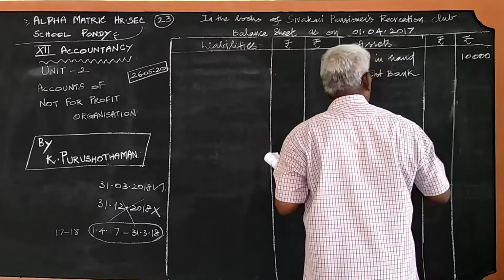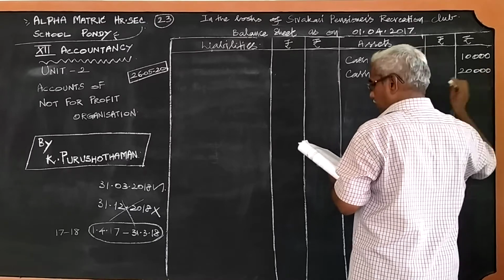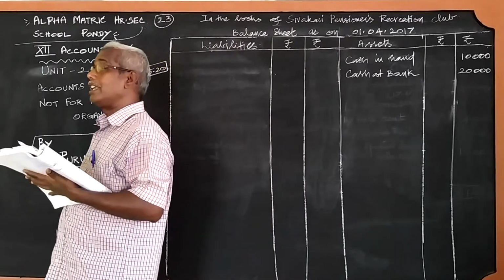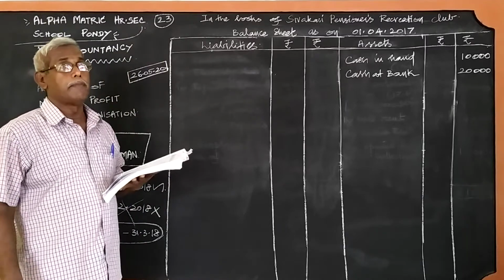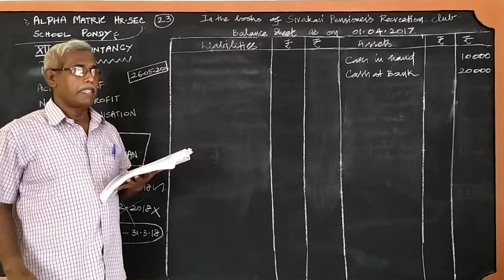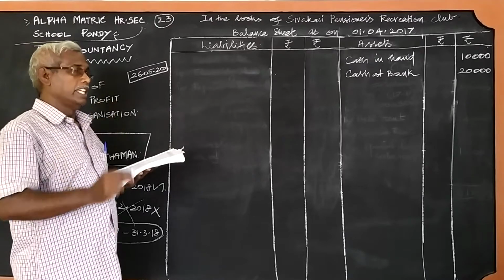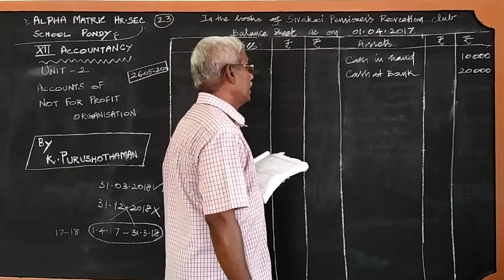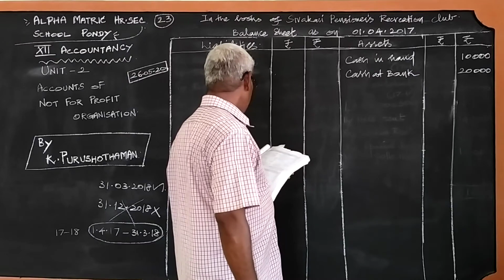Cash at bank, 20,000. Once again, I recall, the brought down is the opening balance and the carry down is the year-end balance, closing balance. So since we are preparing the balance sheet for the year beginning as on 1/4/2017, what are the assets available on the beginning of the accounting year, we should write it. Okay then, cash in hand 10,000, cash at bank 20,000, then